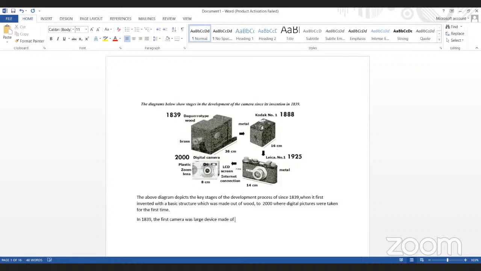Made out of wood, right? It was made out of wood, comma, which consisted of a